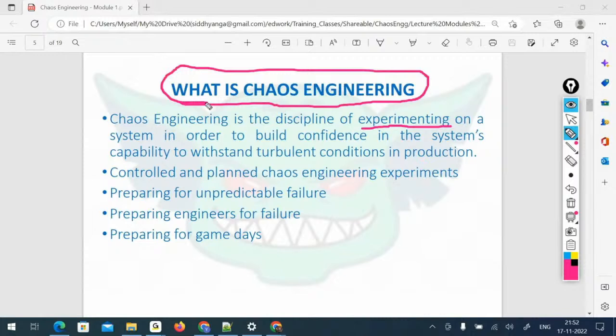Now if someone asks you, what is the difference between chaos engineering and failover testing? Because there also we are killing the pods and all, and trying to understand how the microservices will react or respond to that. Okay. But so what's the